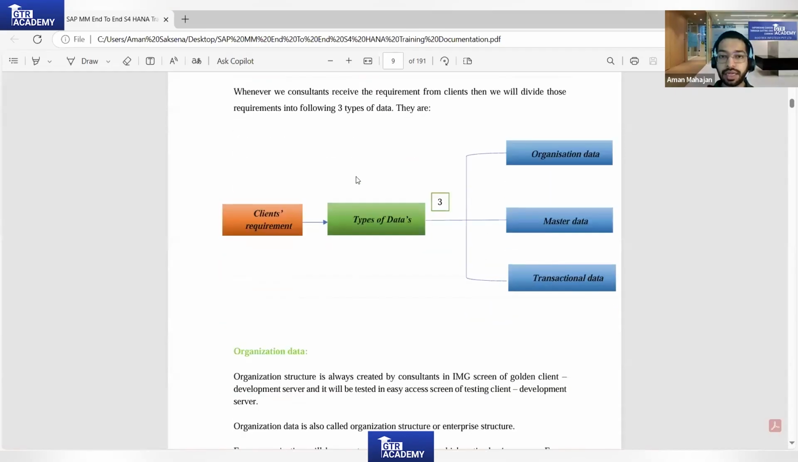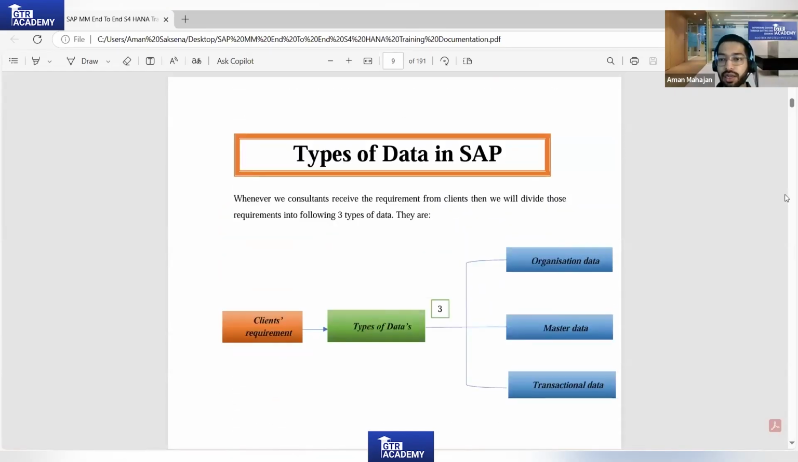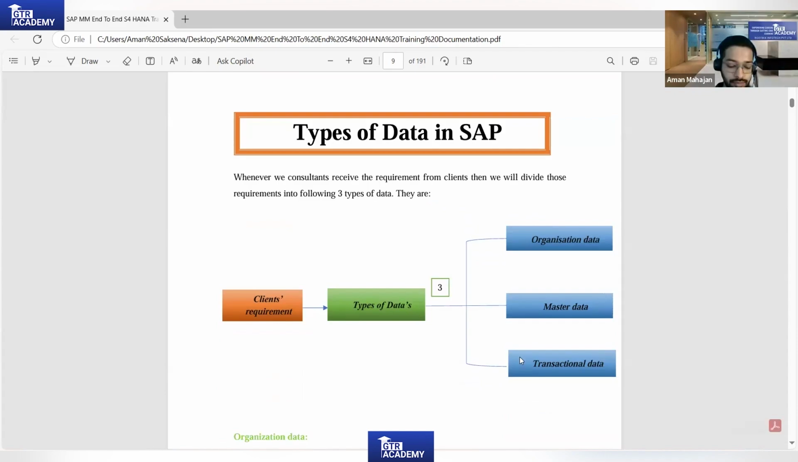So now let's get a little deeper. What is master data? What is organizational data? And what is transactional data? Can anyone from the audience tell me what master data, organizational data, and transactional data are? Deepak,